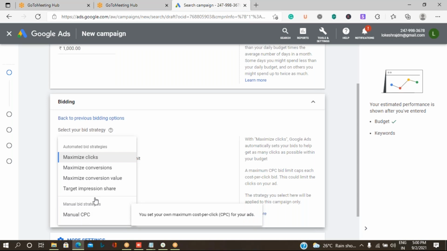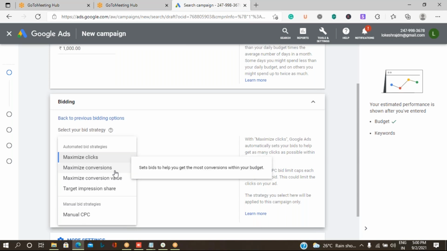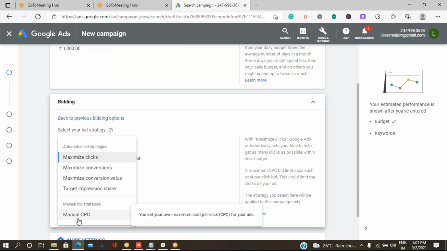All the above options are automatic. The bidding value will be taken as per that particular time when you start the advertisement. At that time, whatever the bidding value is for that advertisement, based on that it is going to be charged. Whereas if you are very clear that you will spend only up to this much money for every click, in that case you can select the manual CPC option.